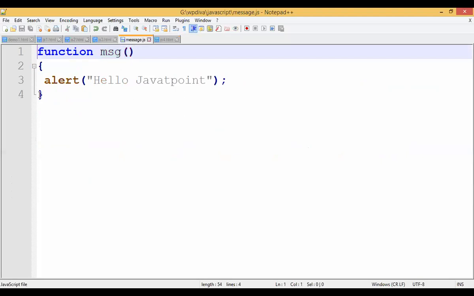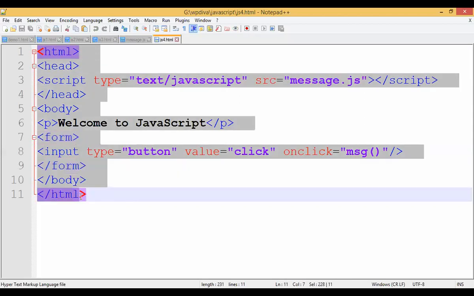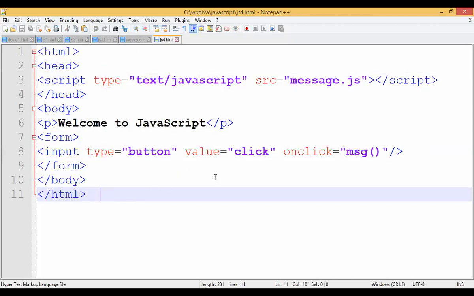We are going to write the logic in an external file and execute that through the HTML file. Okay. So this is the procedure which is used for the designing of web pages. We write a JS file for validation of the data and then we call that validation file in the HTML file and then we execute it. So the name of our file is what, students? js4, that is js4.html.